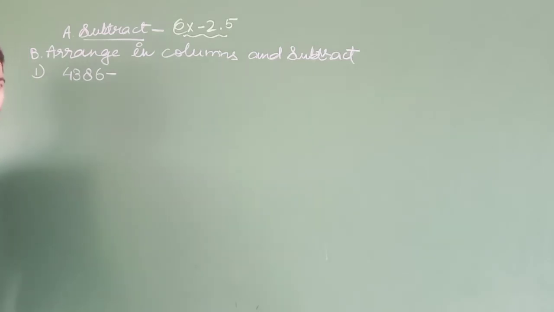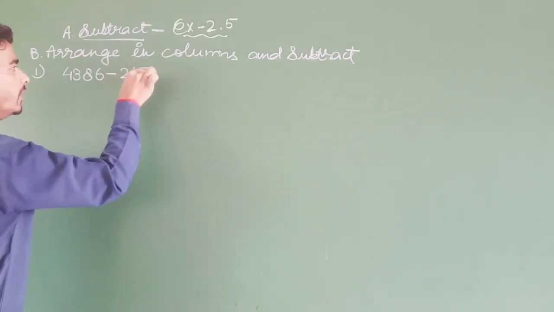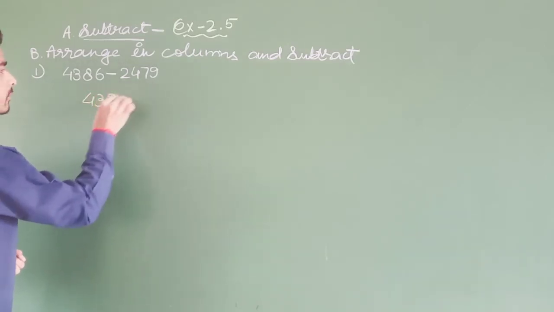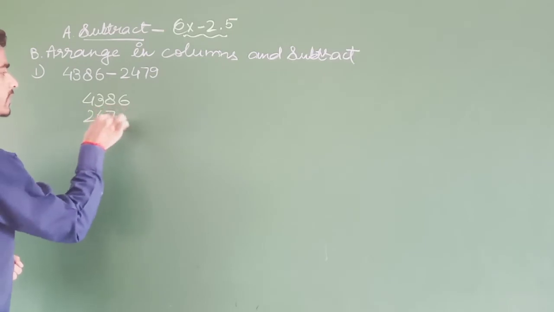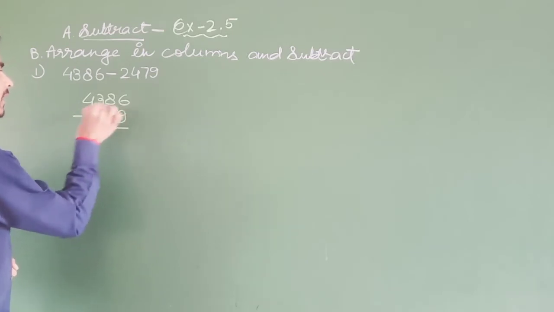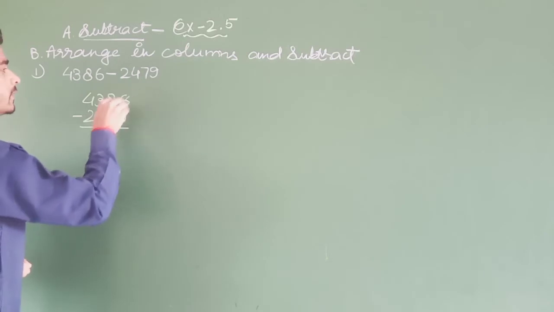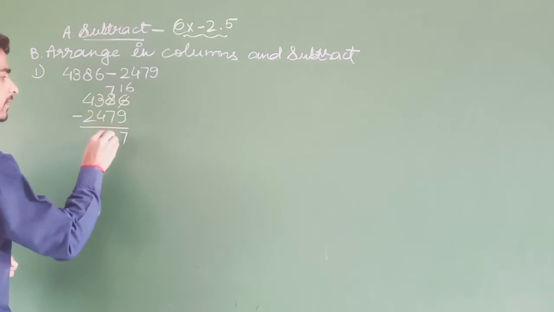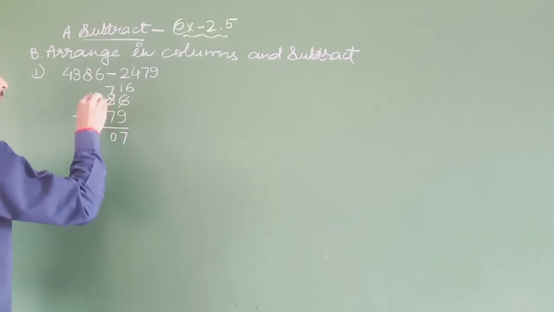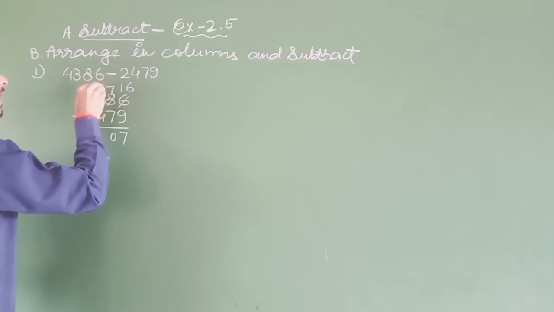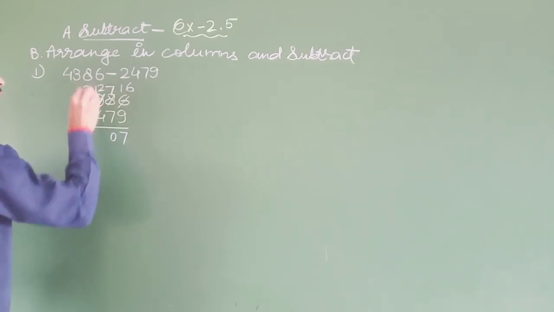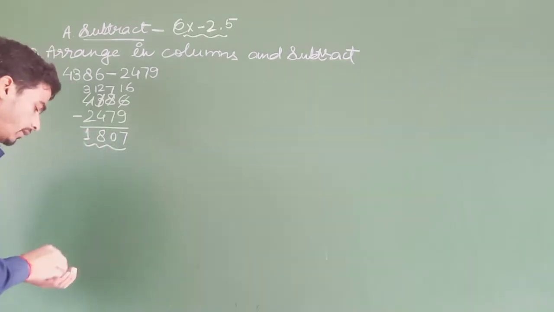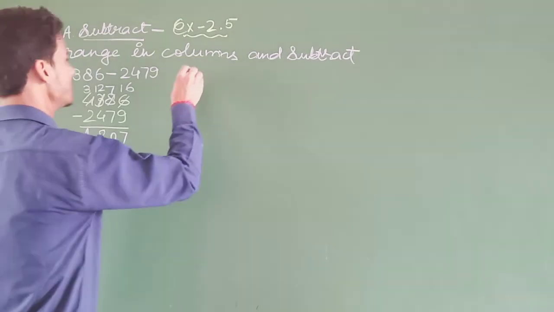4,386 minus 2,479. So 4,386 minus 2,479. 16 minus 9 is 7. And here 7 minus 7 is 0. And here will be 12 minus 4, 8. And 3 minus 2 is 1. 1,807. Now question number 2 is